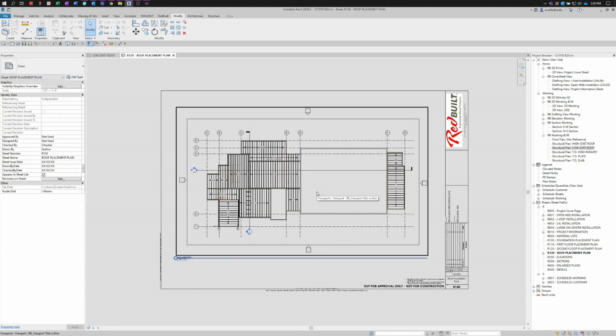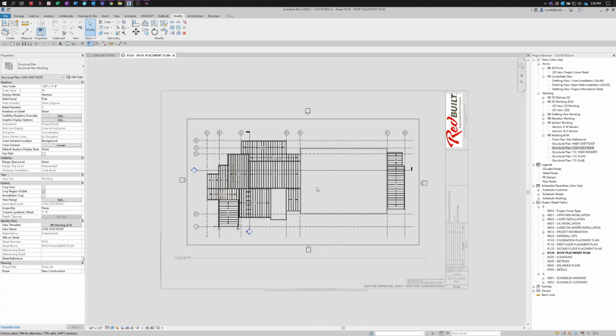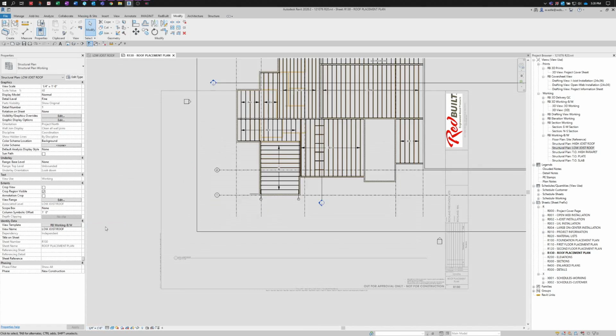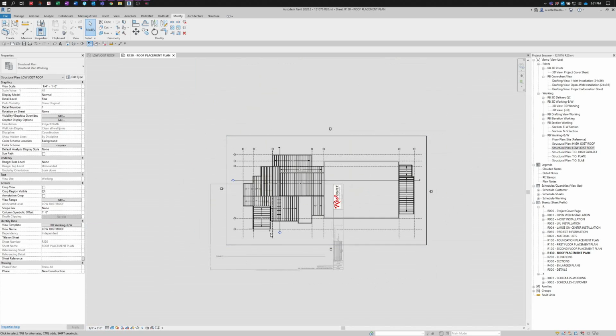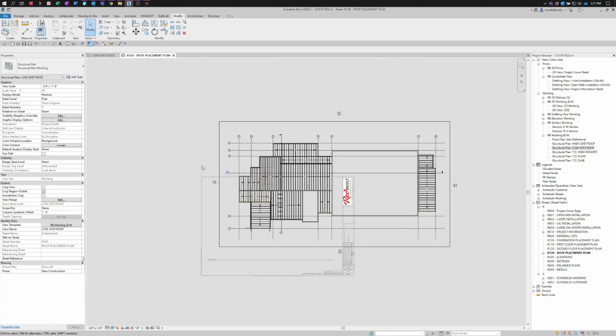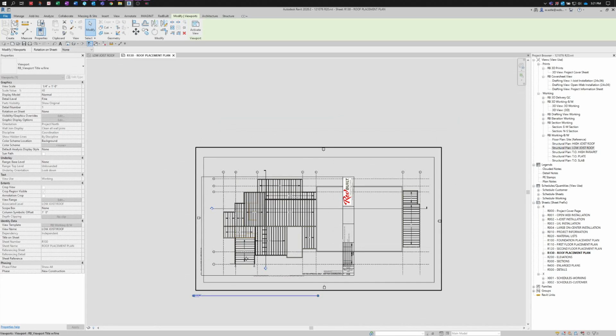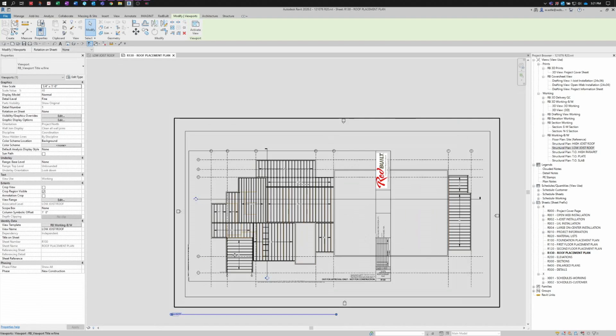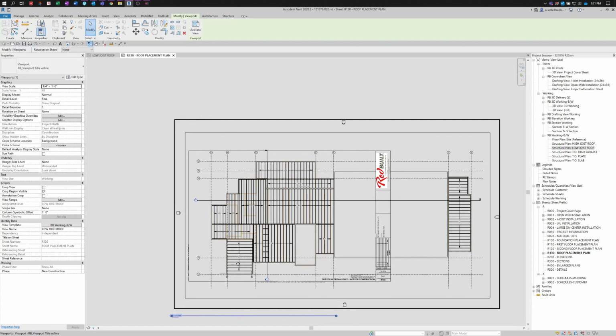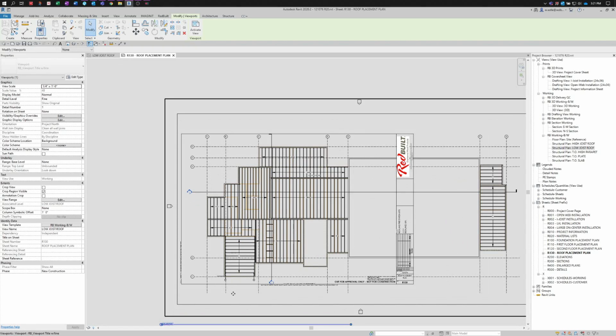So to do this, we can first test it out and double click into the viewport. Once you've done that, it unlocks the scale and your detail views and colors. So we'll change the scale to a 1/4 inch, doubling the size, and see how much space it takes up. We double click back out of the view. We can adjust this view to fit on our sheet a little bit better and use the cursor keys to slightly nudge it